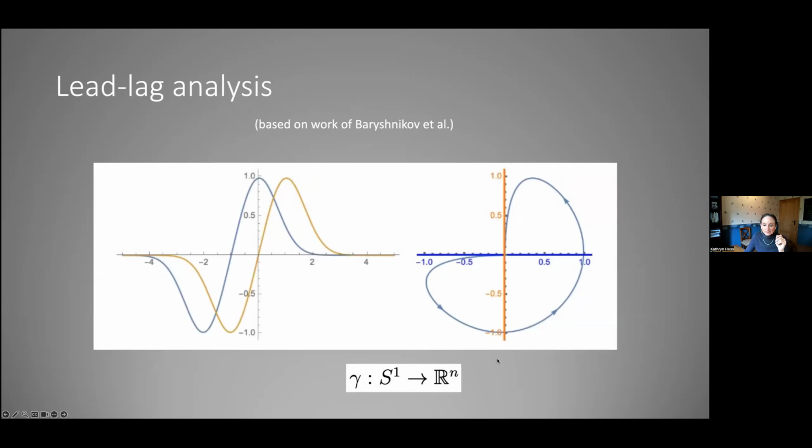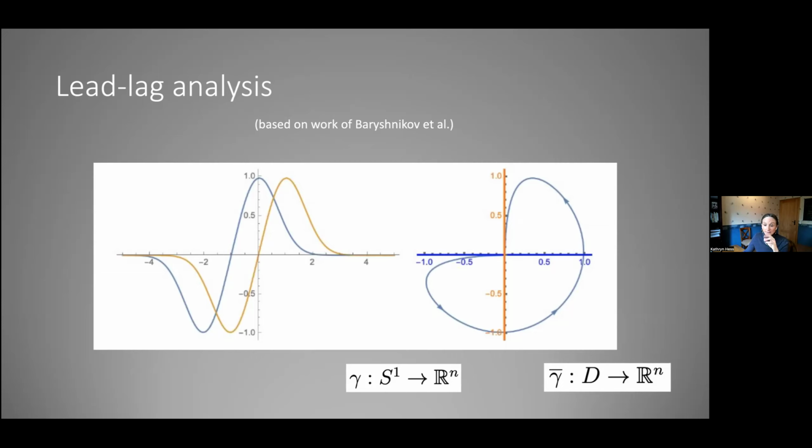And when you do that, it's giving you some function gamma from the circle into, in this case, R2, but more generally, it could be into Rn. If you had a sequence of n functions and did the same sort of thing, it would give you a map from S1 into Rn. And often, you can extend this function from S1 over Rn to a function over the entire disk, the disk of which the boundary is the circle.